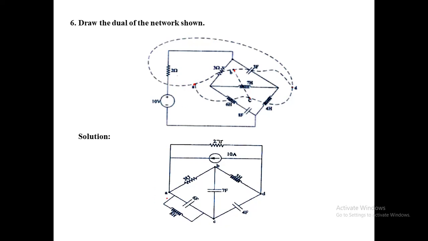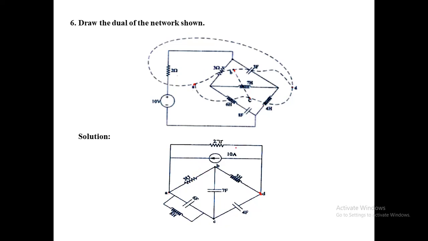Next, we have to mark this as node A, and then node A is connected with this resistance and this node D. Here, I have marked this as node A and then this A to D is having voltage in series with the resistance. We have to convert it to current in parallel with the resistance. Then this is the last node D. Here I have connected this node D and then current is parallel with this conductance. Next element A to B. A to B is this 3 ohm. We have to convert this into A to B is 3 mho. The symbol is same but the unit is different.